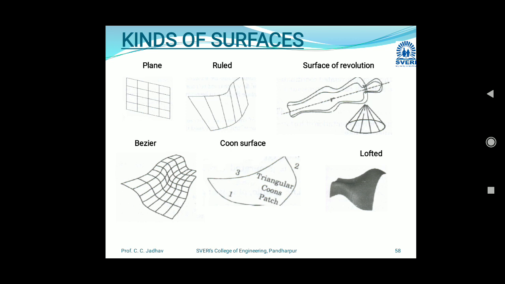Next, B-spline. This is a surface that can approximate or interpolate given point data. It is a general surface like the Bezier surface, but with the added capability of local control of the surface. We can change the surface by taking any point on it and dragging that point outward or inward, changing the shape or control of the curve. So this is about the surfaces.